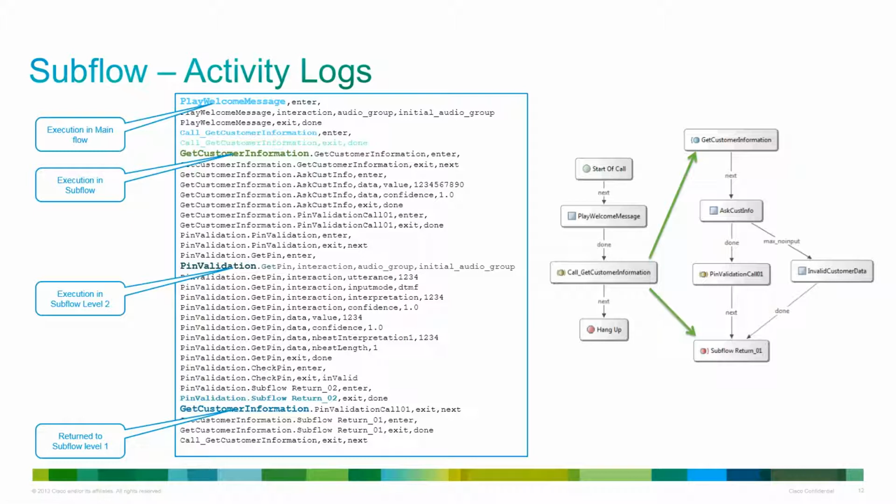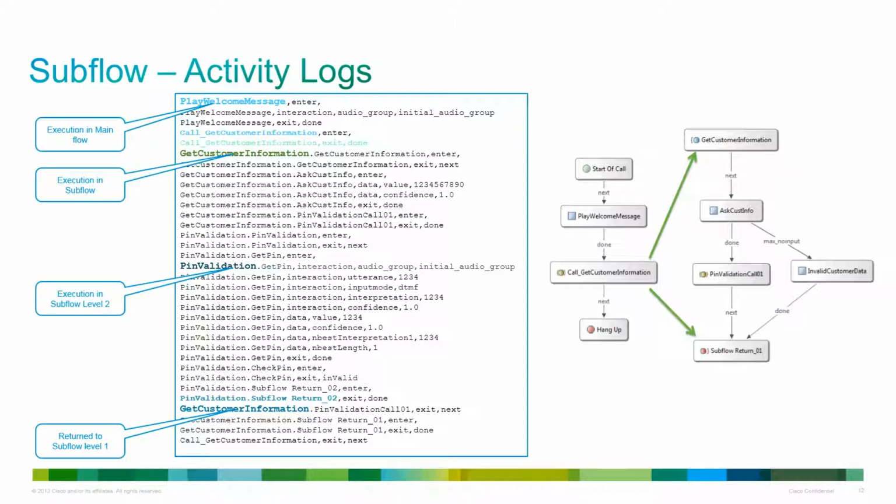We refer to the activity logs to understand the various elements executed while processing a call. It will log entries for every element execution. The log entry will contain the element name, the action taken at the element, and other information. This format remains the same for main flow elements. For subflow elements, the element names will be formatted and printed as subflow name dot element name.